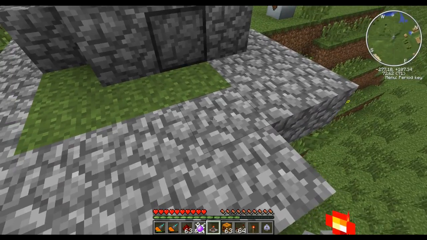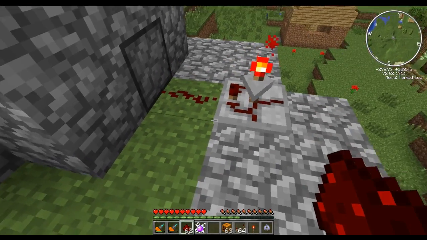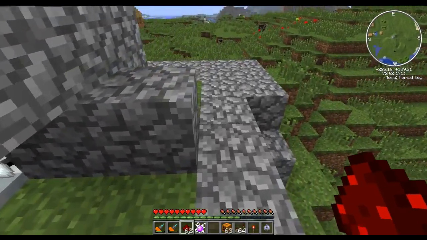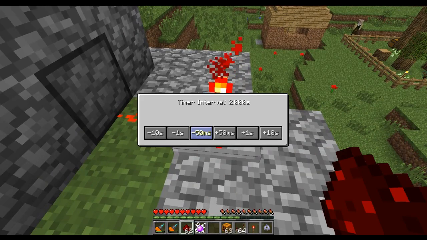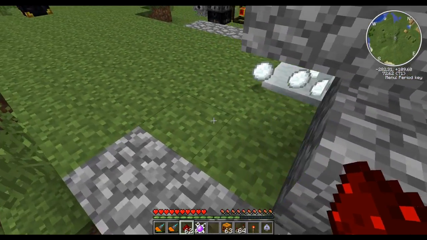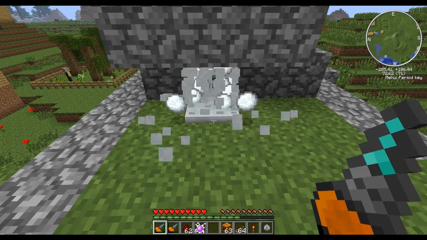But now basically if I set this thing up like this, I can now make it pulse every time it comes around. So you can see each time it comes around it's pushing snowballs out. And we can reduce the time on that substantially. And now it's quite quickly pushing snowballs out. So the design that